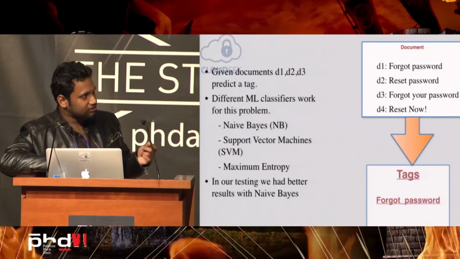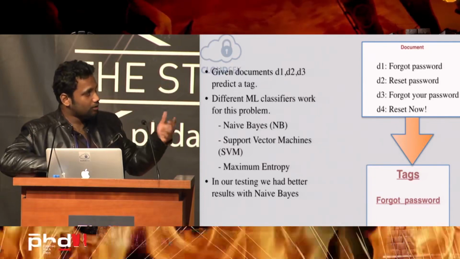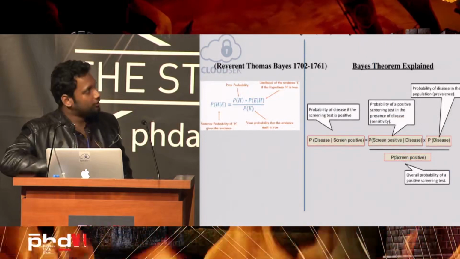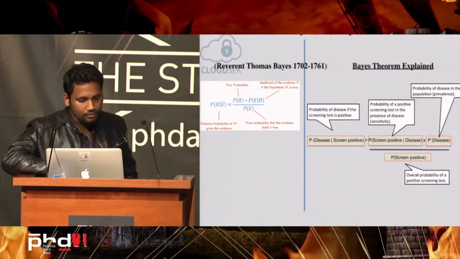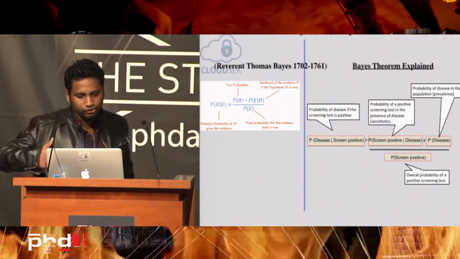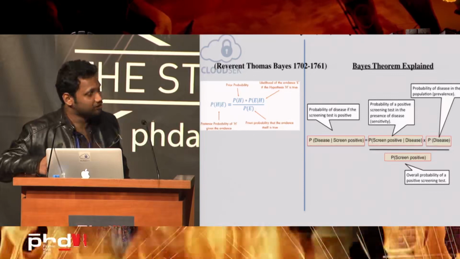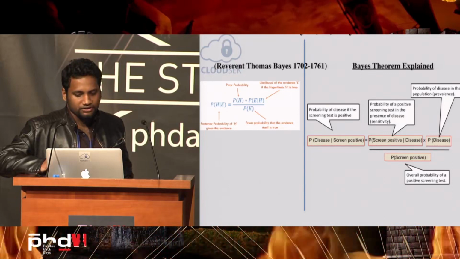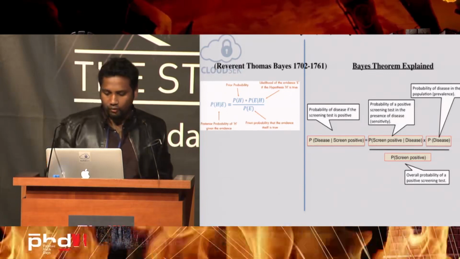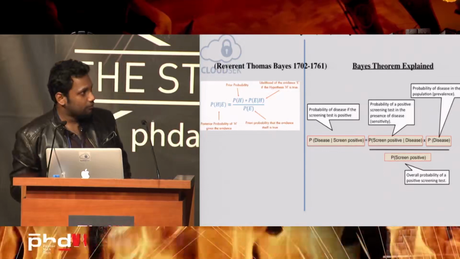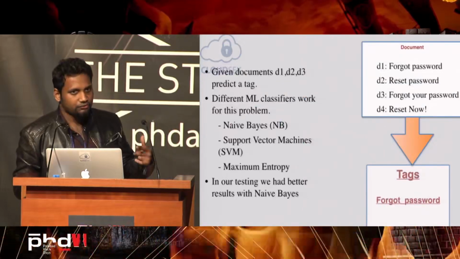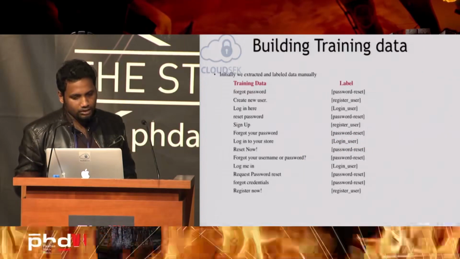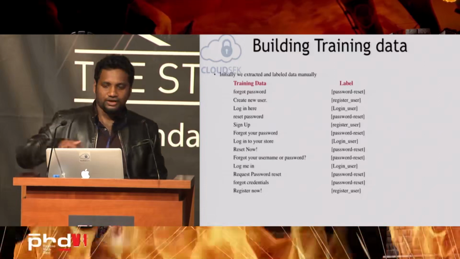So like that, we started teaching the algorithm how words are represented by the application. Naive Bayes is a very old, probabilistic theorem which is used to classify based on the occurrences of keywords, and it's a simple probabilistic theory which all of us would be aware of. Of all the other algorithms which we tried, this one was giving very good results, so we chose naive Bayes.